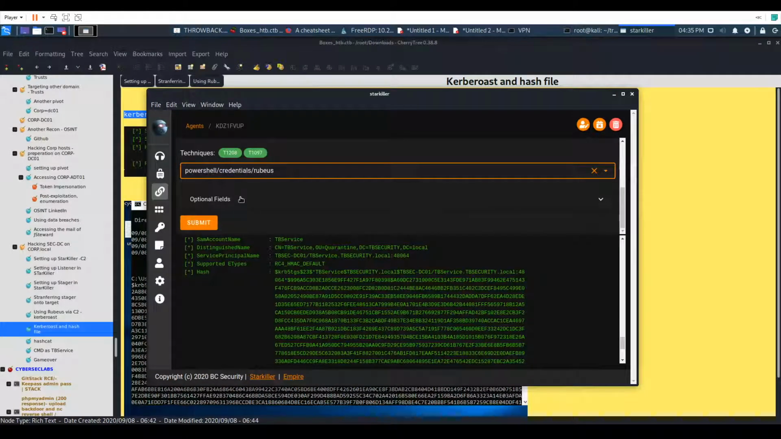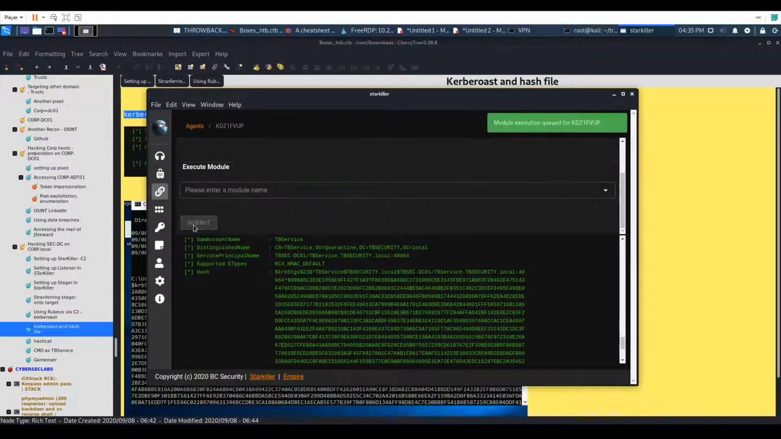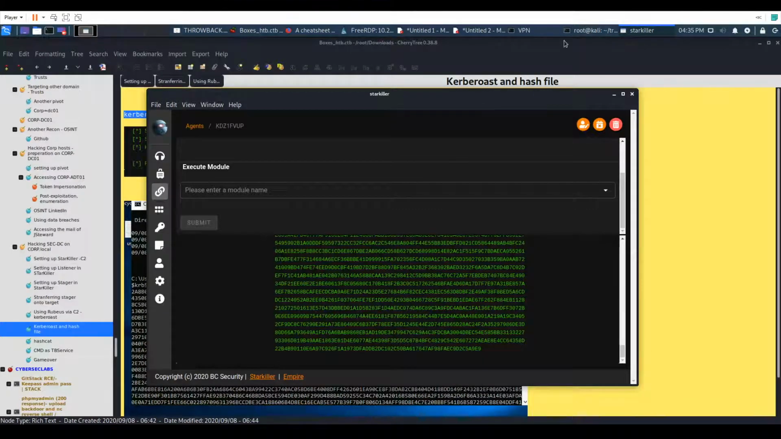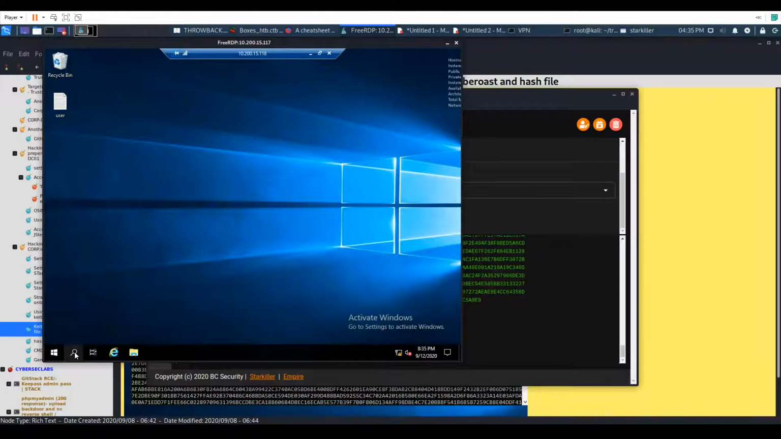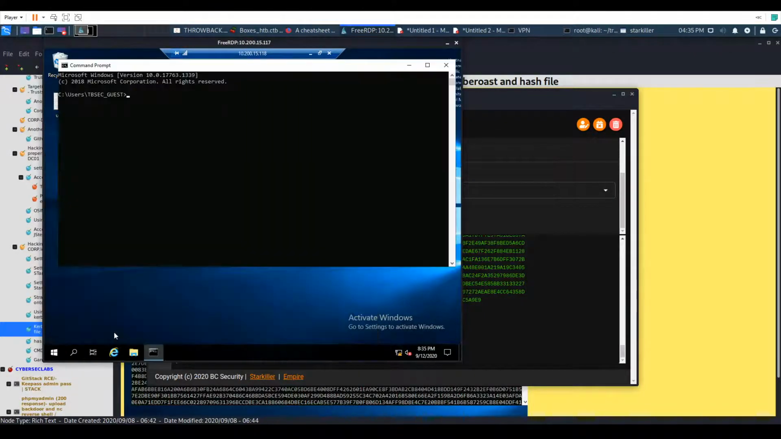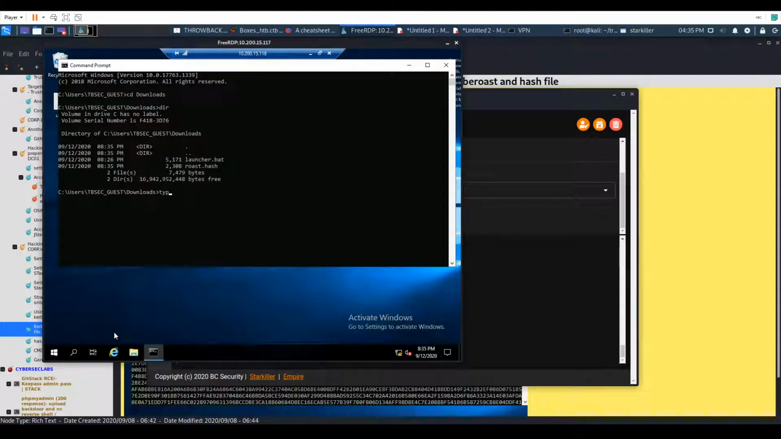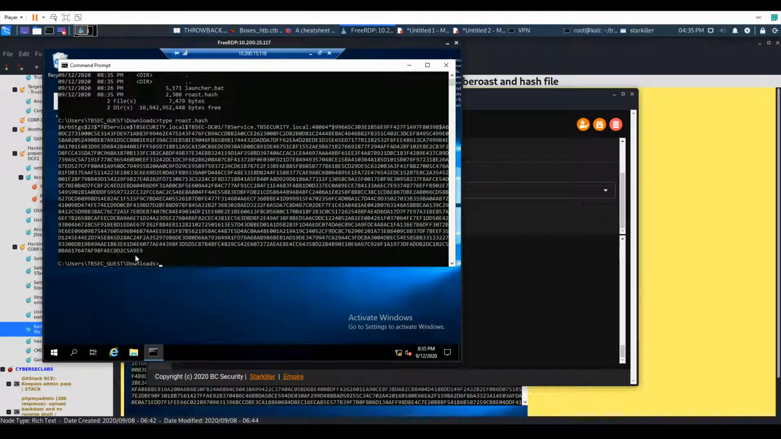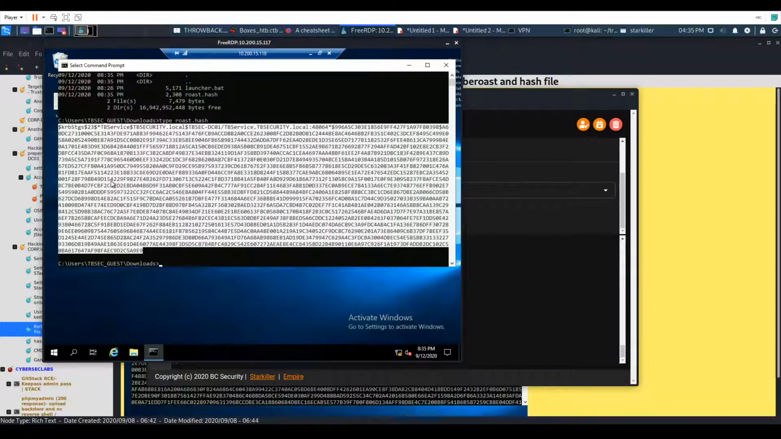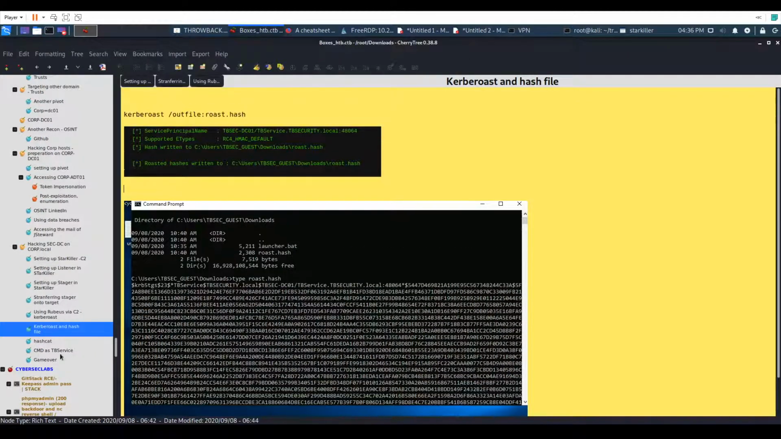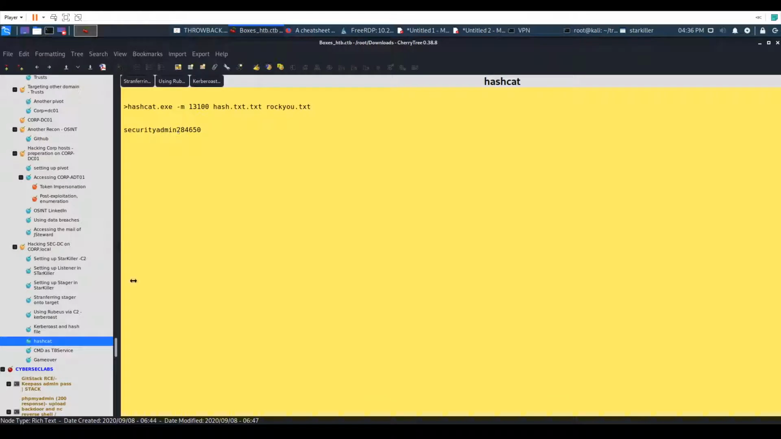I did not want to, but now it will be just easier to find it. See the downloads, and we can see it's here. Type rows.hash, and we get this hash. Cool. And hashcat, it's this one, and we get this. Alright, cool. So again, I'm not going to perform hashcat cracking in here, but it's this command which resulted in